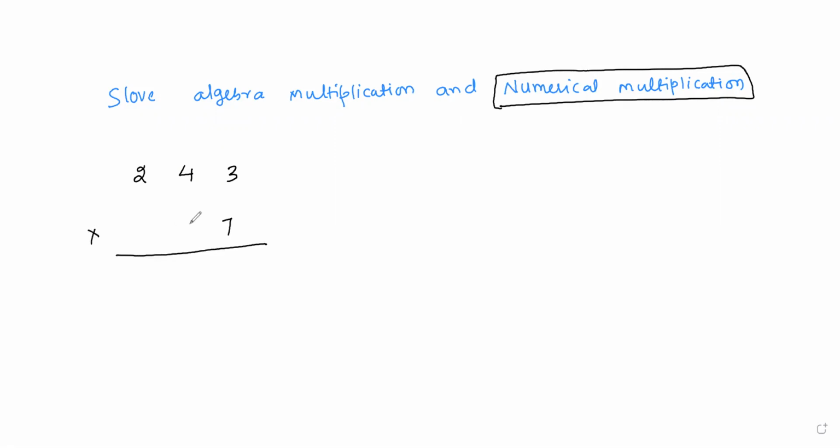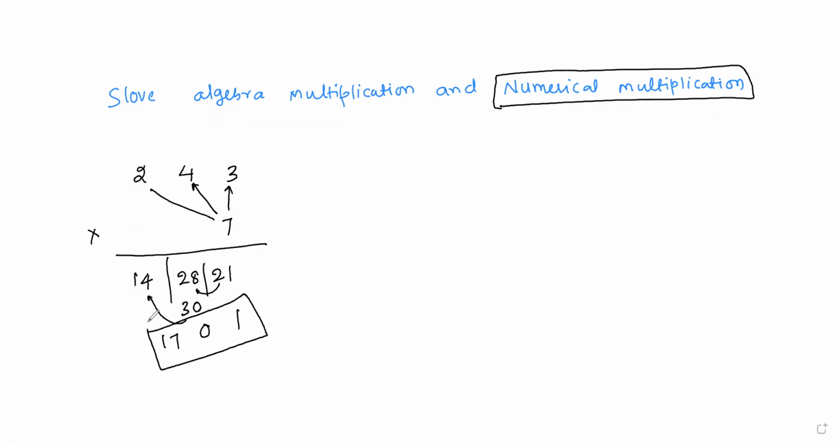See, we are multiplying. Suppose you are starting from left to right, the first digit multiplied gives 14, it is reached to this number. Next it will be reached to this number, 28. Next it will be reached to the next number, 27. So 1, if you add, then you are getting 30. I am taking 0, adding 17. So this is your final answer, 1701. Okay, this is a simple one, not that difficult.